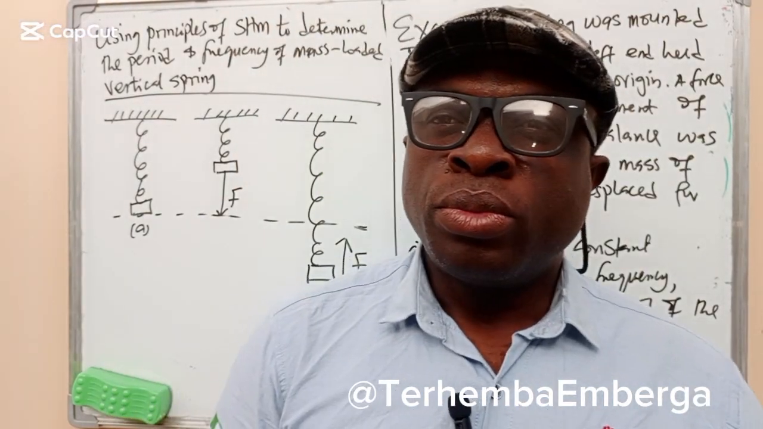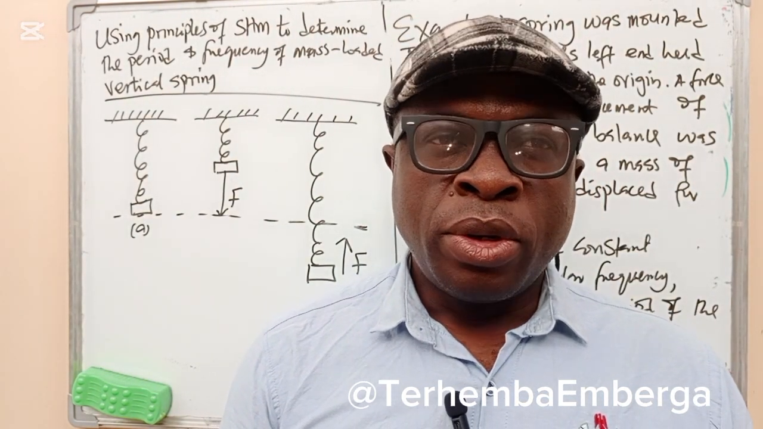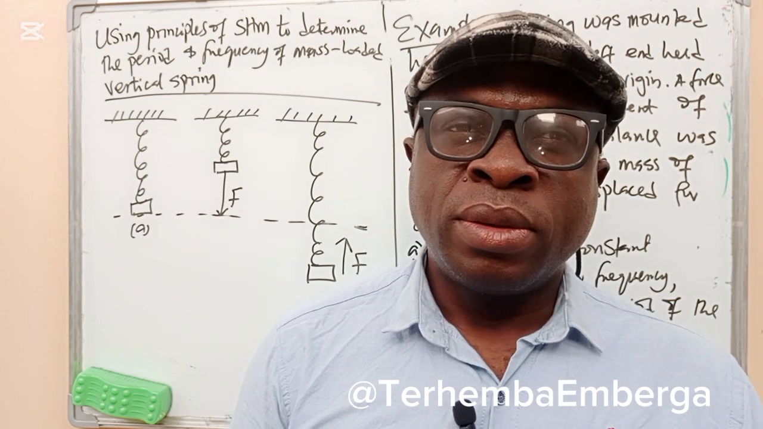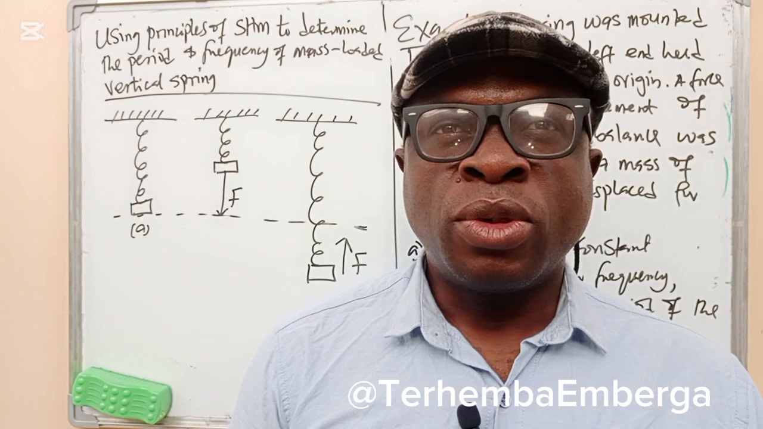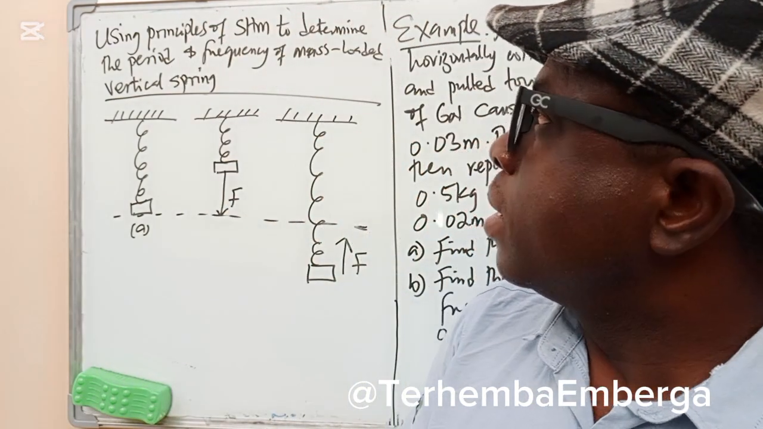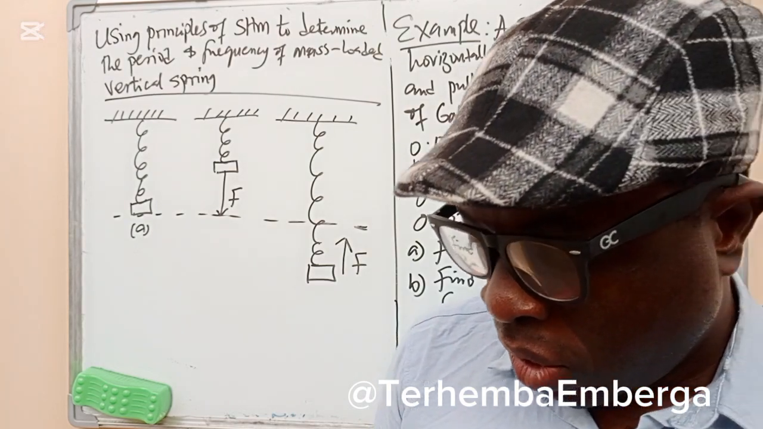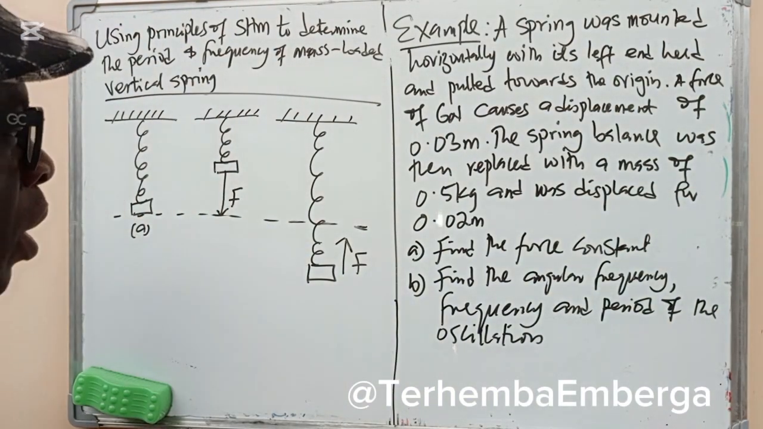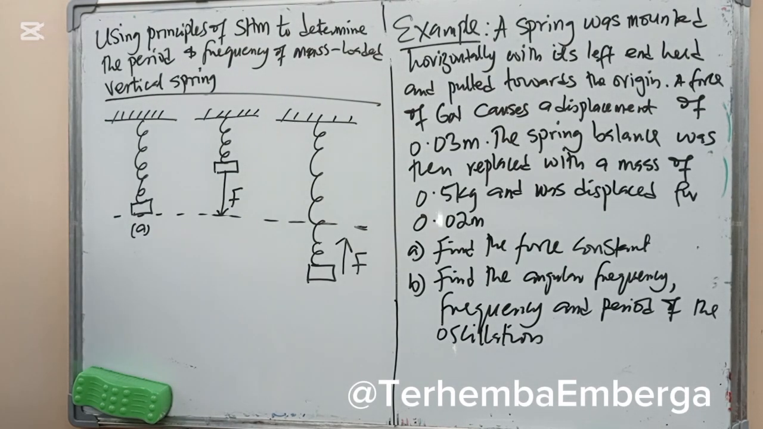Today we want to look at how we can determine the period and the frequency using the principles of simple harmonic motion of a mass loaded vertical spring. We understand what Hooke's law says, and Hooke's law states that